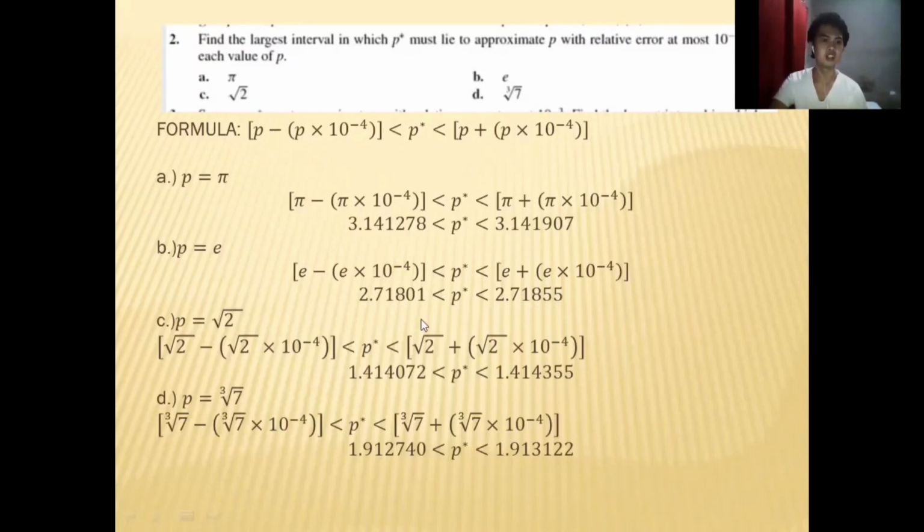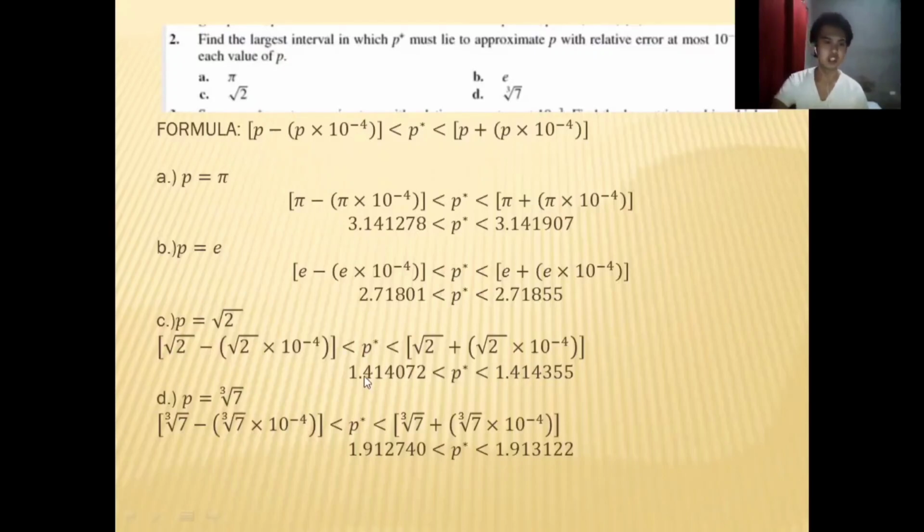2.71855. And letter C, p equals square root of 2, so square root of 2 minus square root of 2 times 10 raised to negative 4 and square root of 2 plus square root of 2 times 10 raised to negative 4. For square root of 2 minus square root of 2 times 10 raised to negative 4, we get 1.414072, and for square root of 2 plus square root of 2 times 10 raised to negative 4, using a calculator, we get